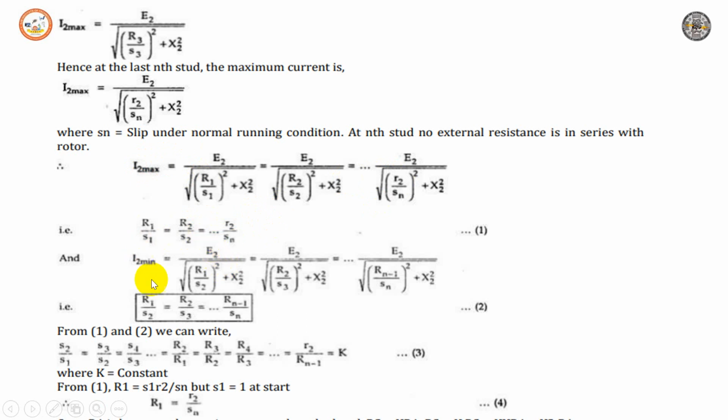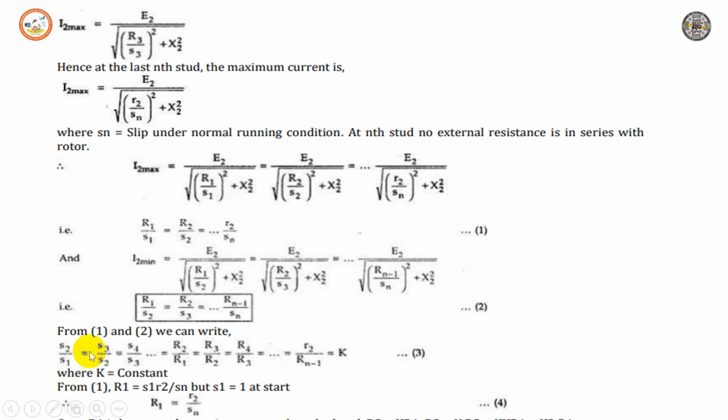Similarly, if you take the minimum rotor current when it is leaving from stud 1 to stud 2 or stud 2 to stud 3, there is a minimum current in the rotor which we derive with this equation, and we equate it. With this equation, if you notice, the numerator is the same, the denominator x2 is the same, but we have to equate R1 by S2 is equal to R2 by S3 and Rn minus 1 by Sn. So looking at these two equations, from equations 1 and 2, we can see